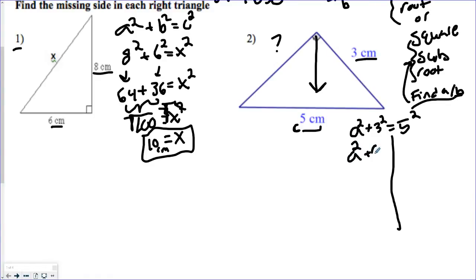3 squared is 9, and 5 squared is 25. Now again, my goal here is to solve for a. I want to get a by itself. So the first thing I'm going to do is move away this 9, because that's with the a, and I want a by itself, so I got to move it. So minus 9,